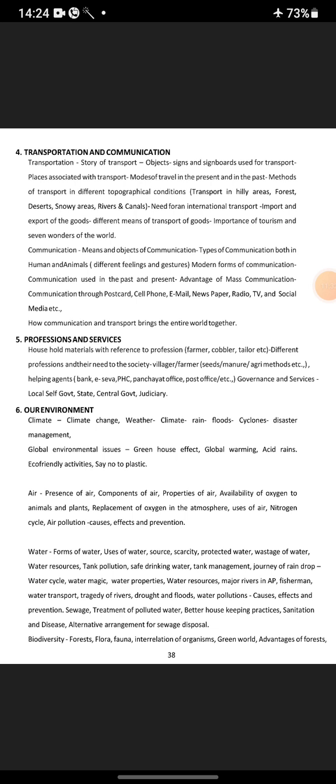forms of water, uses of water, source, scarcity, productivity, wastage of water, water resources, tank pollution, safe drinking water, tank management, journey of a raindrop, water cycle, water magic, water properties, water resources, major rivers in AP, fisherman, water transport, tragedy of rivers, drought or floods, water pollution, causes, effects and prevention, sewage treatment of polluted water, better housekeeping practices, sanitation and disease, alternate arrangement for sewage disposal, biodiversity, forest, flora, fauna,